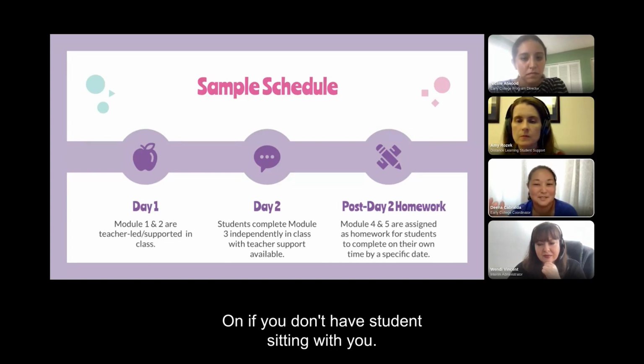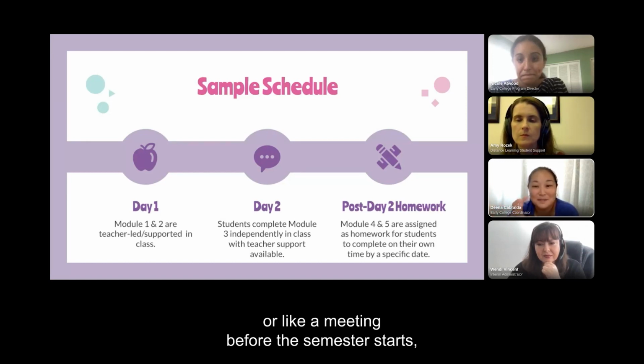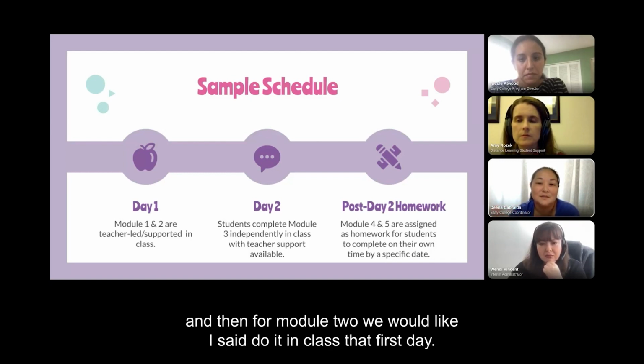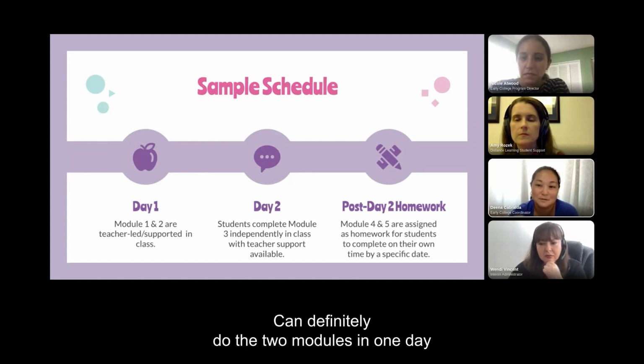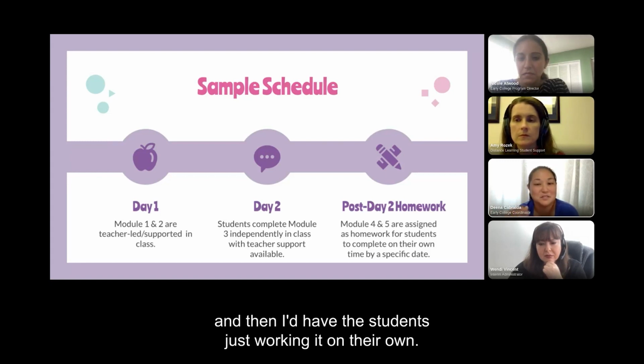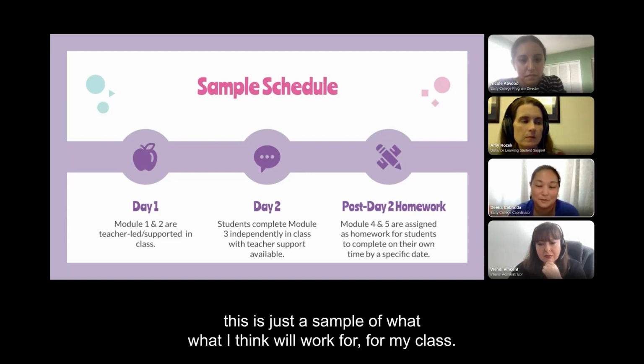If you don't have students sitting with you, I was thinking maybe if you have a parent night or a meeting before the semester starts, maybe you can just work module 1 into that meeting. And then for module 2, like I said, we'd do it in class that first day. You can definitely do the 2 modules in one day. And then I'd have the students just work on it on their own, but with classmates and teacher support if needed. Again, this is just a sample of what I think will work for